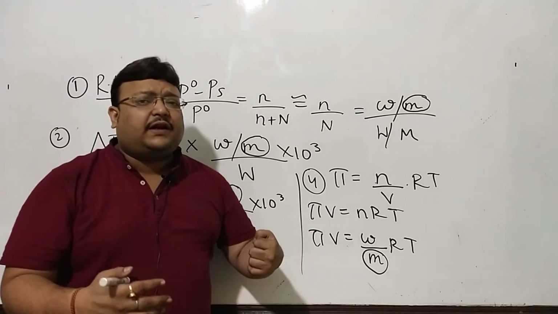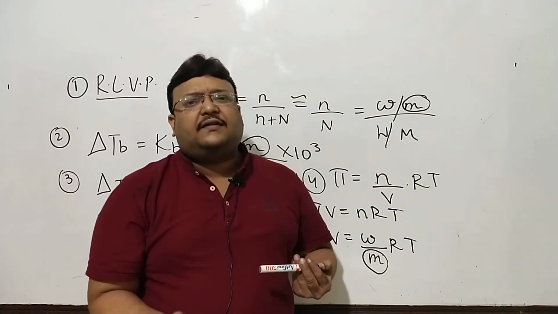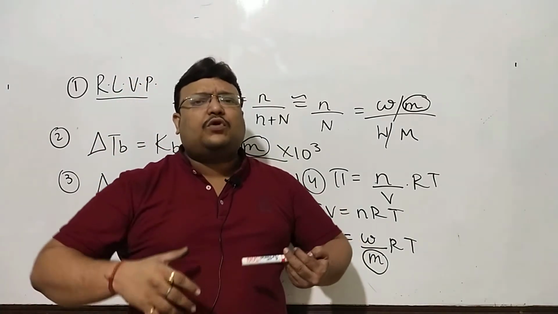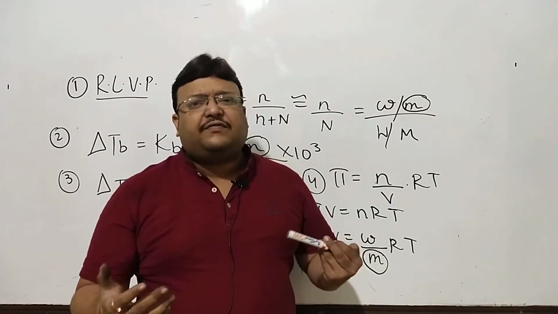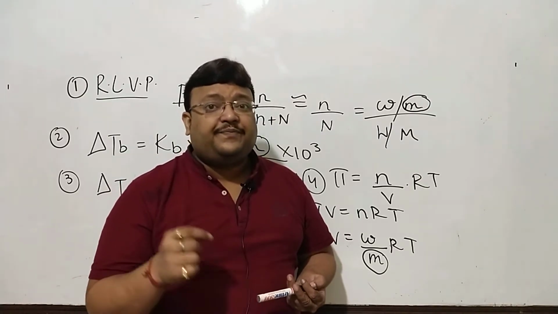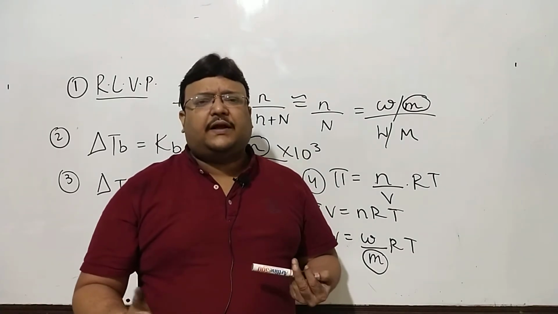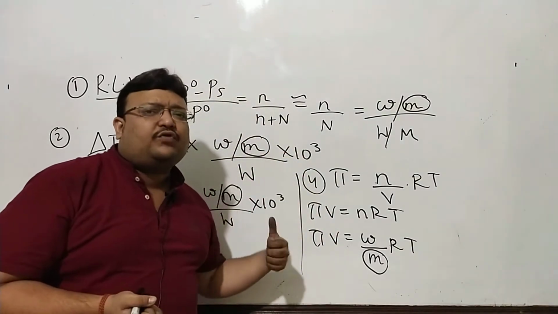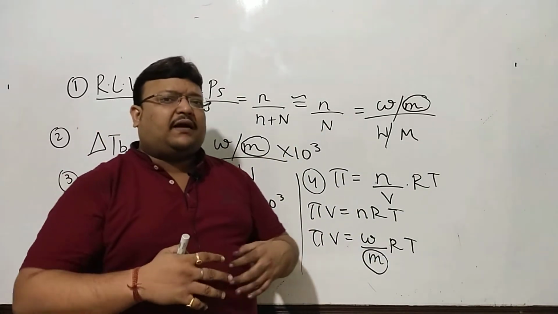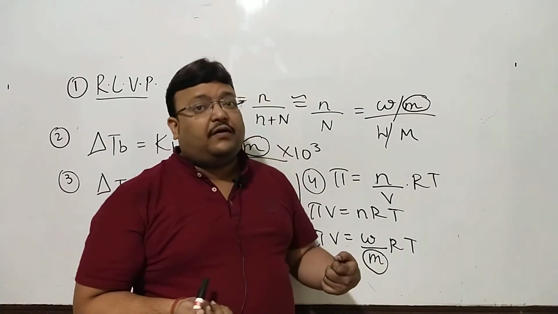So for any reason, if the number of particles increases, colligative property will increase. With more number of particles, there will be more lowering in vapor pressure, higher boiling point, lower freezing point, more osmotic pressure. So more number of particles will mean more colligative property and lesser molecular weight. Many times these equations are used to calculate the molecular weight of the solute, as I told you in the past. With the number of particles increasing, colligative property would be more and the molecular weight obtained will be lesser.